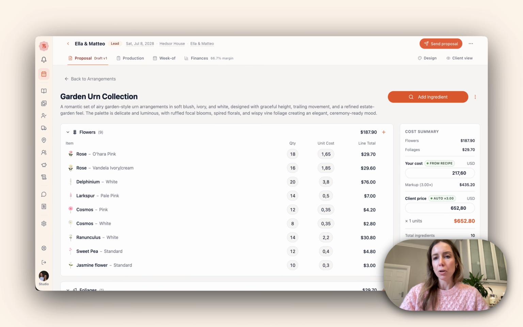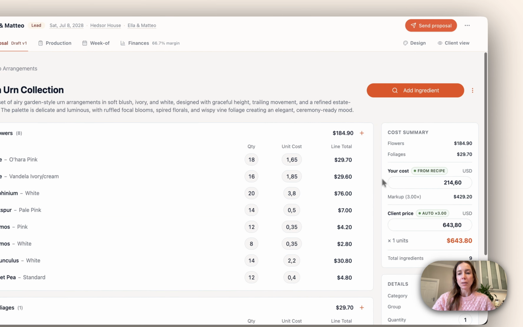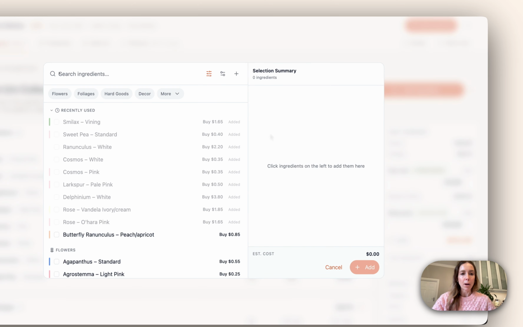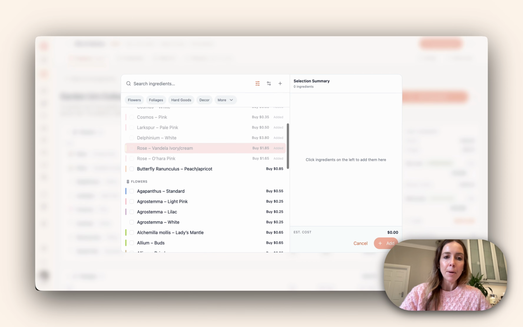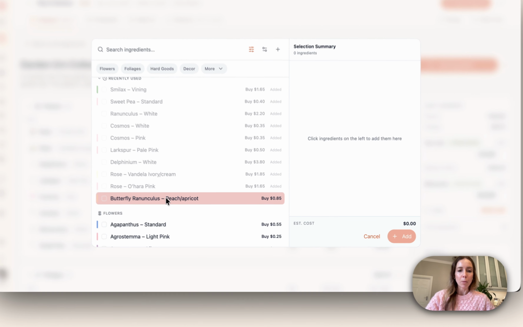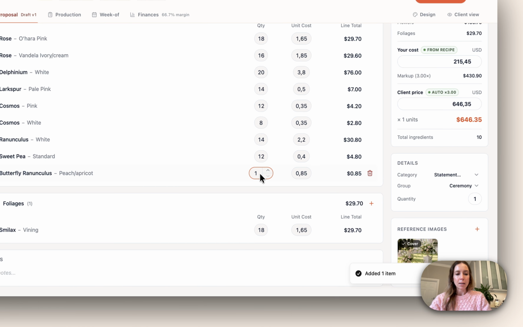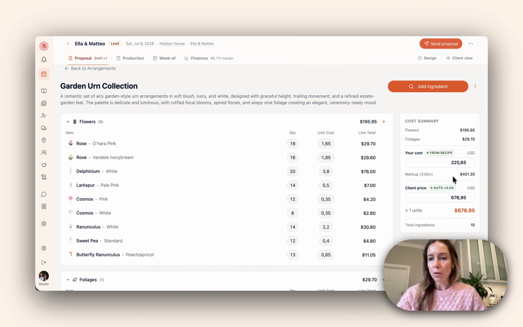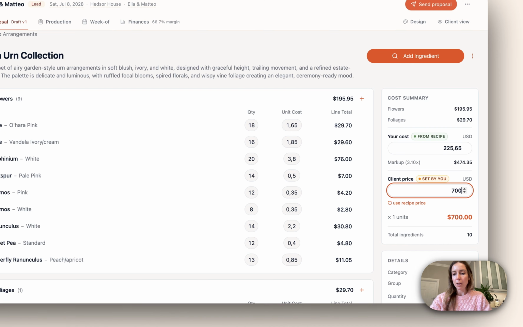Now you have full autonomy over this. So this just gave you the structure for the arrangement. You can now delete any items, you can add new items, and the prices are all pulled in from your library. Now I've clicked add ingredients, and you can see all the ingredients from your library here, and then your most recently used flowers and foliage are at the top. So I'm just going to add one item to show you, and then you can adjust the quantities as you need. You can do an override of the price. So at the moment it's using the recipe price, but if I want to make this $700,